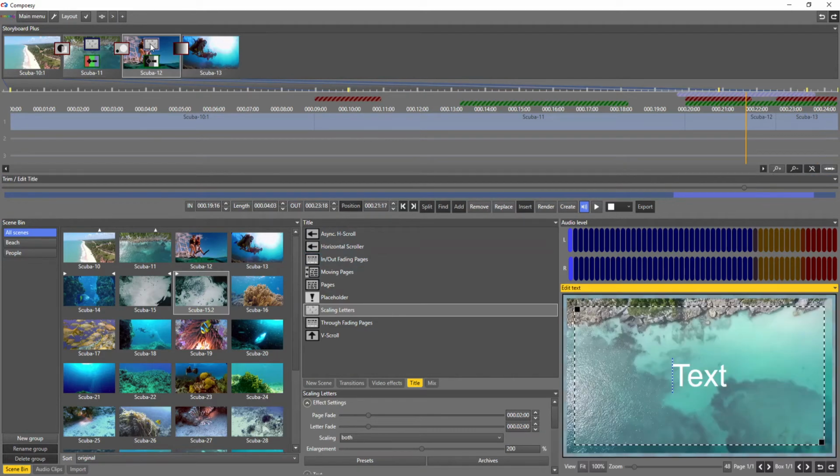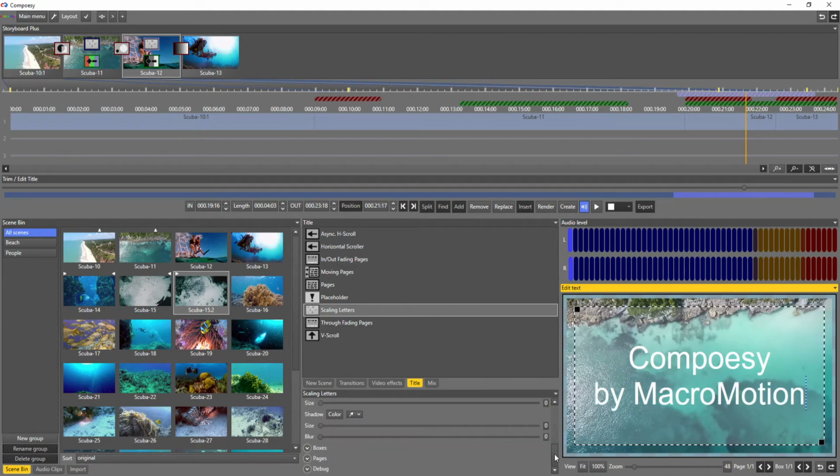Clicking on the effect will activate the title generation user interface, where we can just type in text. And that's the perfect situation to show the flexible user interface.